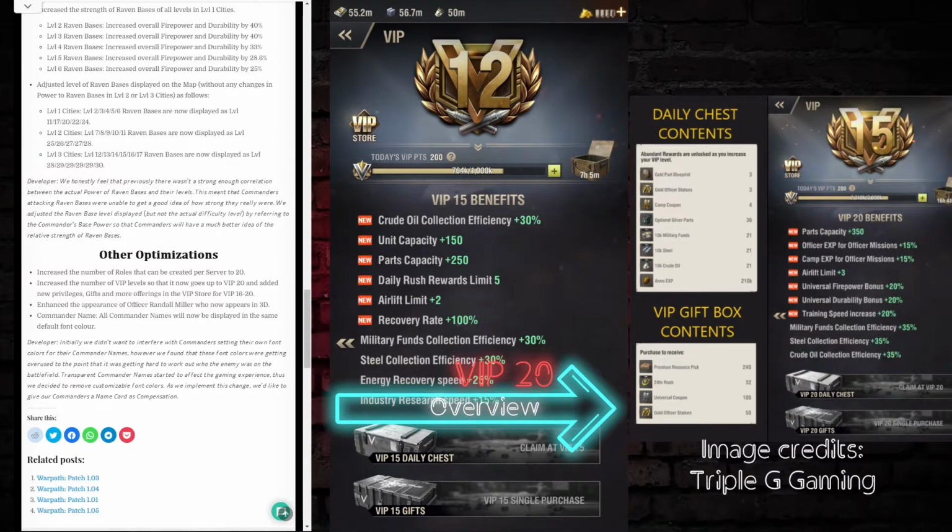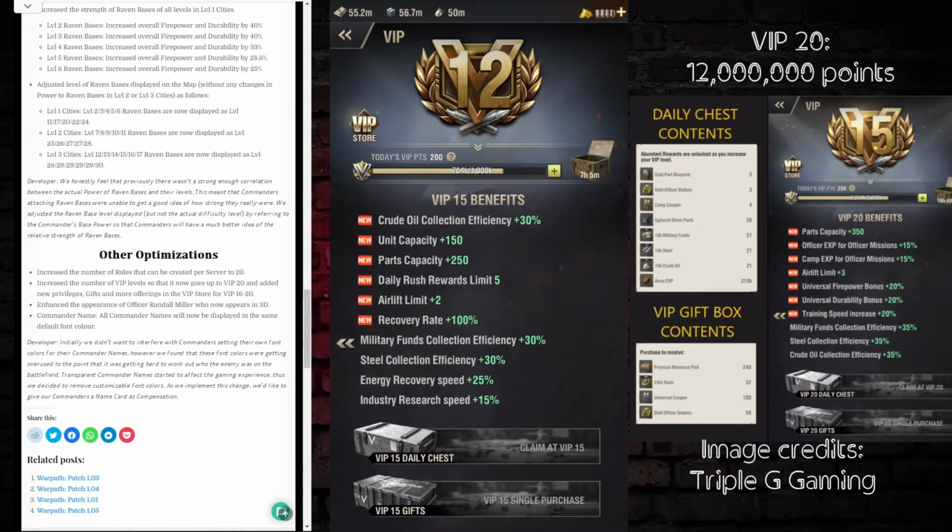And the last one, the cherry on the cake, VIP level 20. So you have 3 gold parts blueprints per day. You have 36 silver parts chests per day. In the gift box, you can have 50 gold officer status, which have huge value. About the benefits, so once again you have parts capacity increase plus 350, you have officer and camp experience increase, you have +3 airlift, and you have pretty crazy firepower bonus, durability bonus, and training speed increase, all plus 20%. But in order to get there, you need to earn 12 million points, and I have no idea how